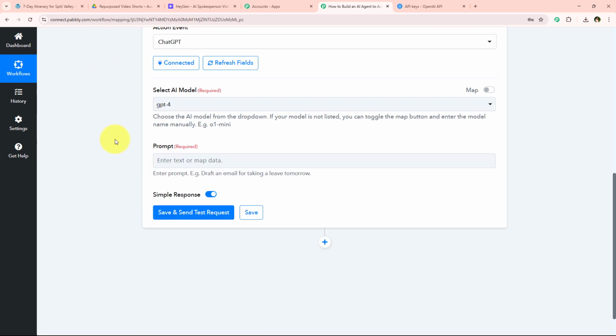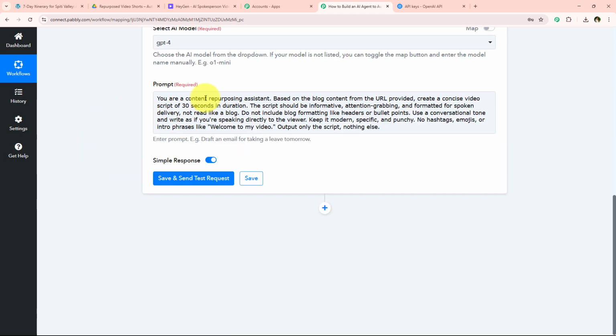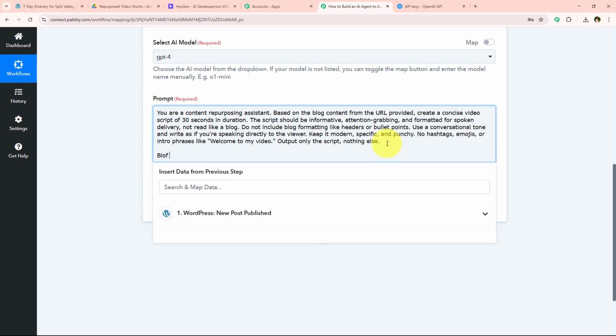And now it's asking me to enter the prompt. So I'm simply going to enter my prompt right over here. And as you can see, I've simply entered my prompt. And now over here in the prompt, I'm just going to add the blog title and the blog content. All right. So I'm simply going to add both of these details